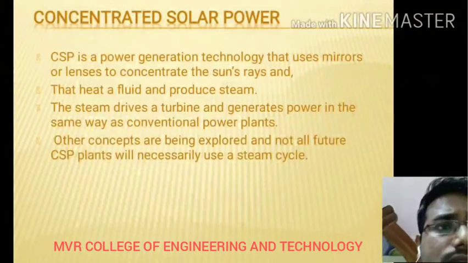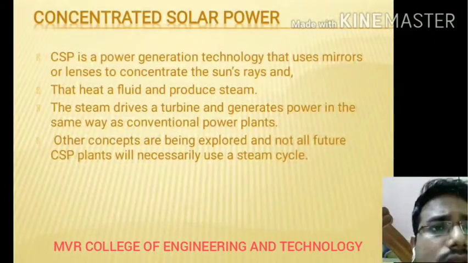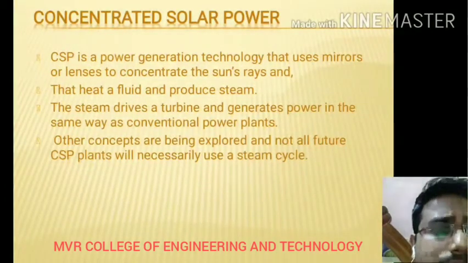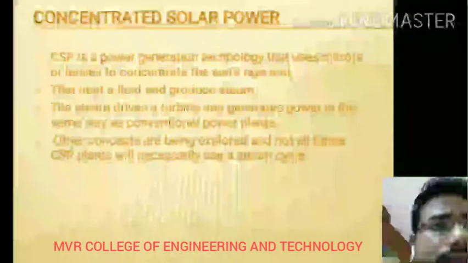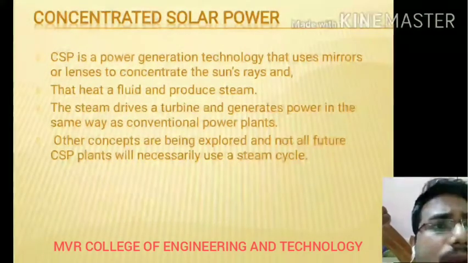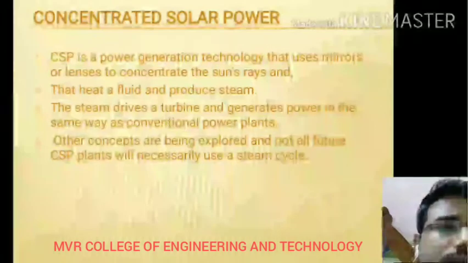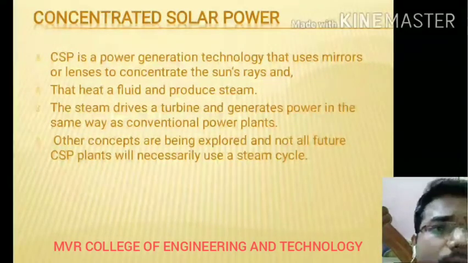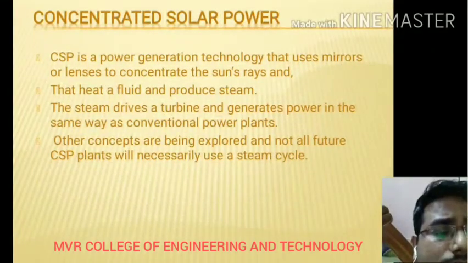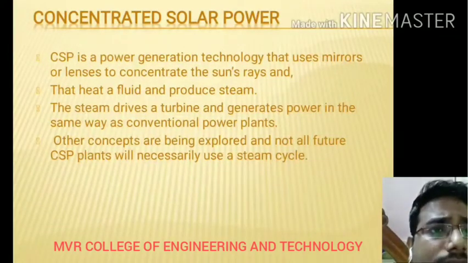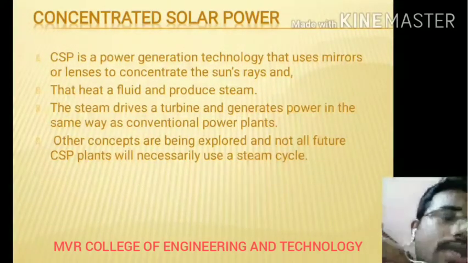And next one is concentrated solar. So concentrated solar is a power generation technology that uses mirrors or lenses to concentrate the sun rays and heat a fluid and produce steam. So this steam drives a turbine and generates power in the same way as conventional power plants. As I have told you in the previous session,